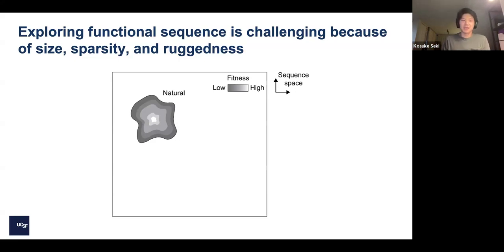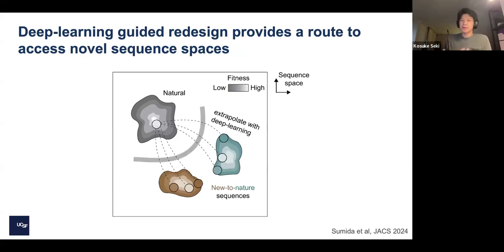And then ruggedness is talking about how you can make one mutation to a kinase that completely kills its activity. Because of these reasons, it's very challenging to explore the sequence function landscape in any efficient way. And so what we propose is that we can use deep learning in order to